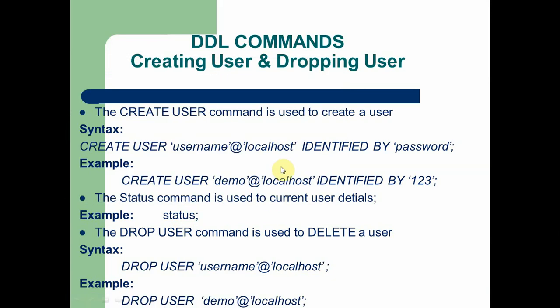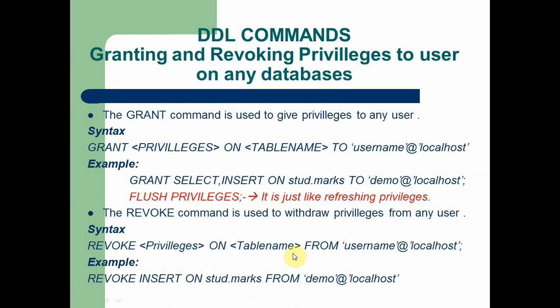After creating a user, if you want to move from one user to another user, simply go to the WAMP, where you type the new username in place of root and type the password. There is another command, grant. This command is used after we create a new user. It is used to give privileges, that is authority, to any user to access databases in the root user or any other user.